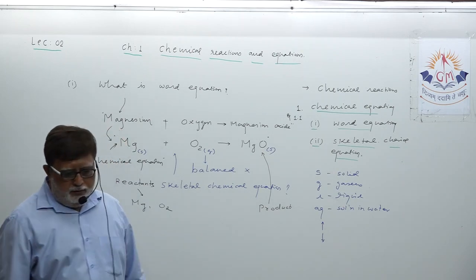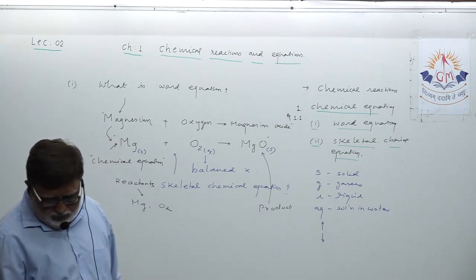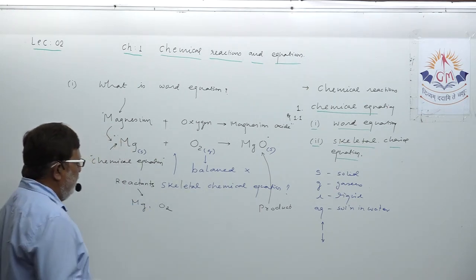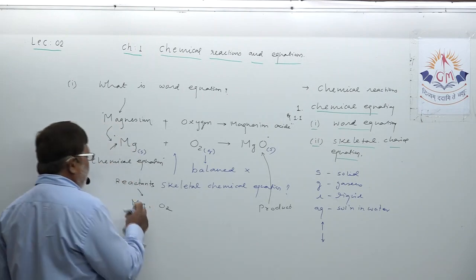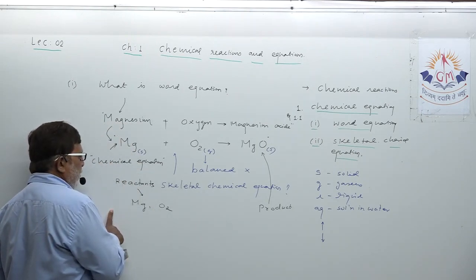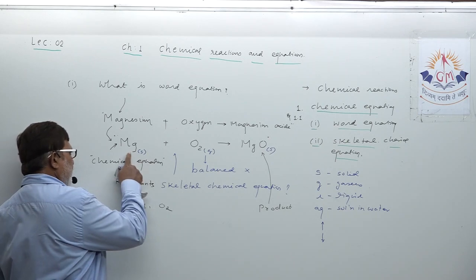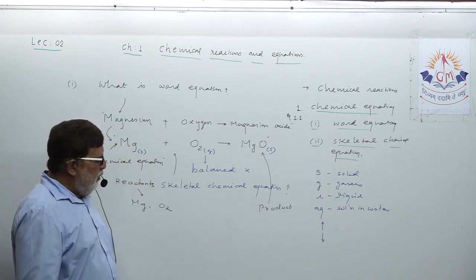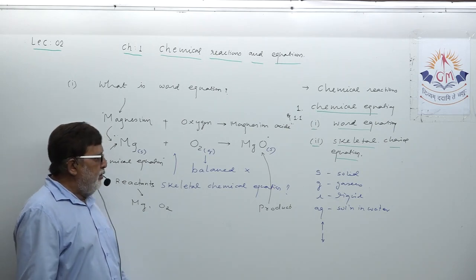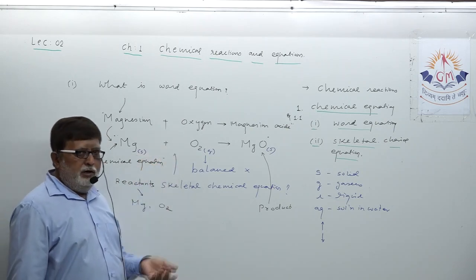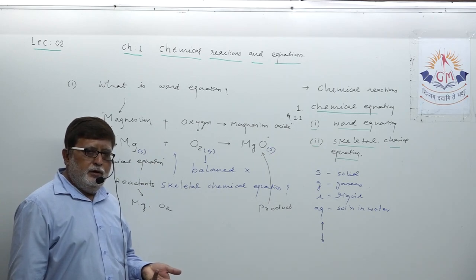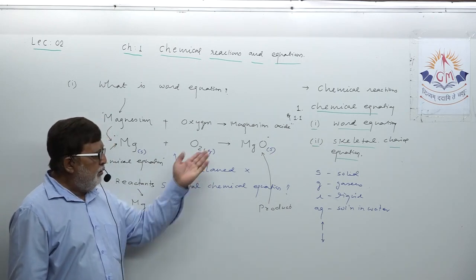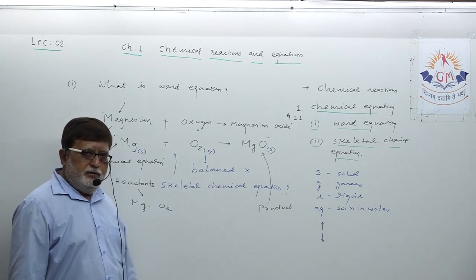Okay, dear students, so this is the way you can write your answer, and when you are explaining about reactants and products, you can take this reaction as an example. Understand? When you are explaining about reactants, you can say magnesium and oxygen in the above reaction are reactants. Magnesium oxide is a product.